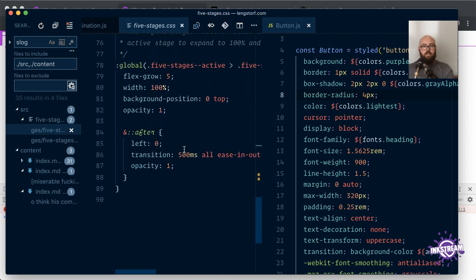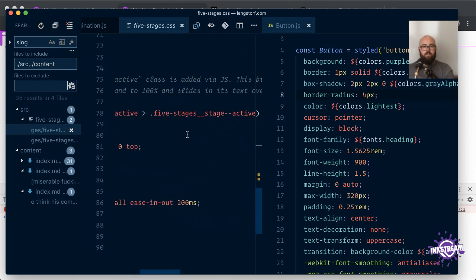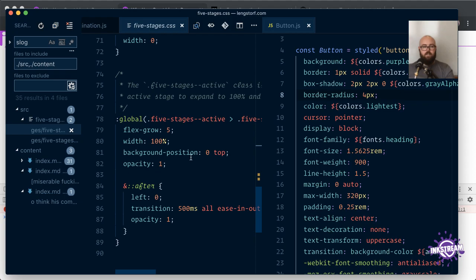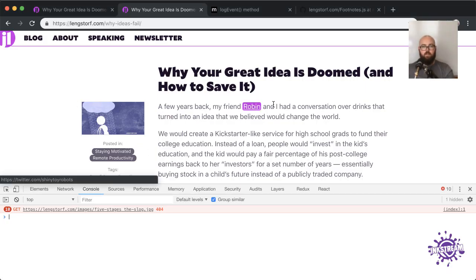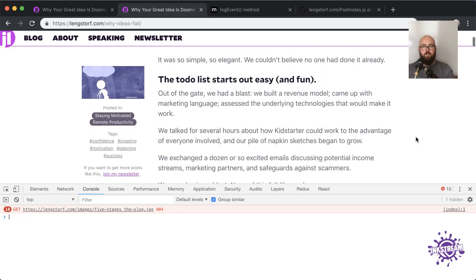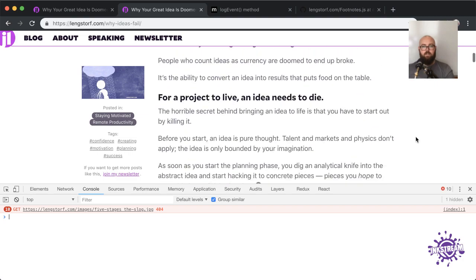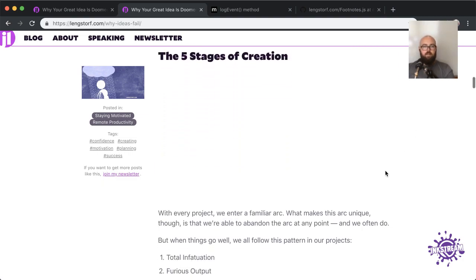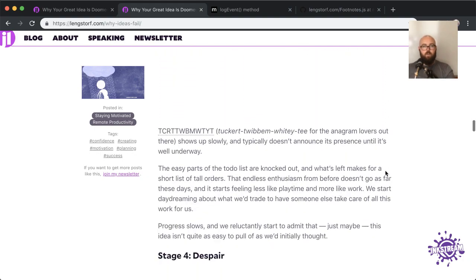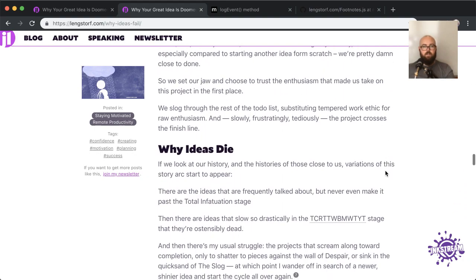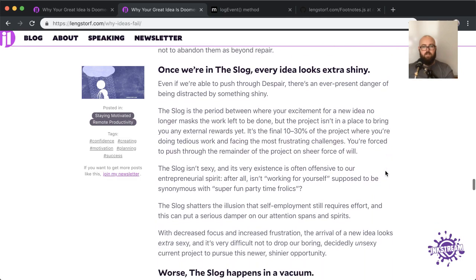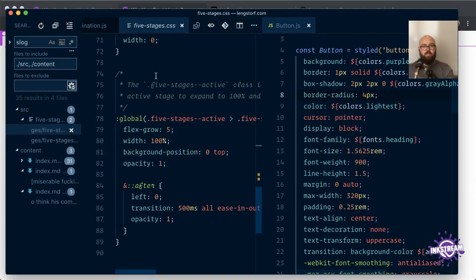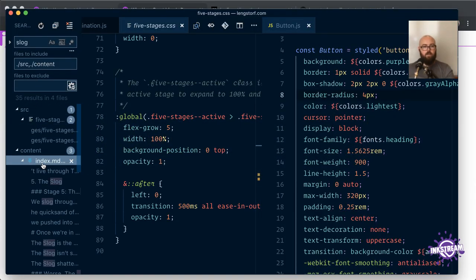And so I need to go in and fix these so that they're not global. I only want them to load on this one particular blog post. Or I need to make a decision to drop the cutesiness and just kind of stick images in. Which, given that it's broken right now, the tempting thing to do is just give up on the cutesiness. Because if we look at the 5 stages post,